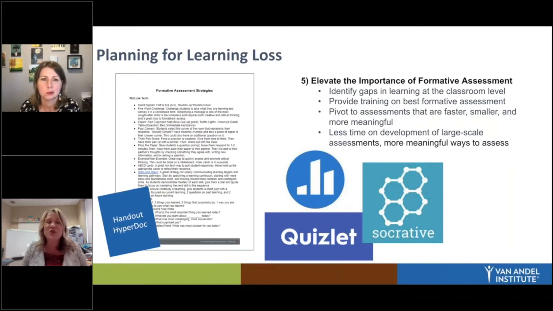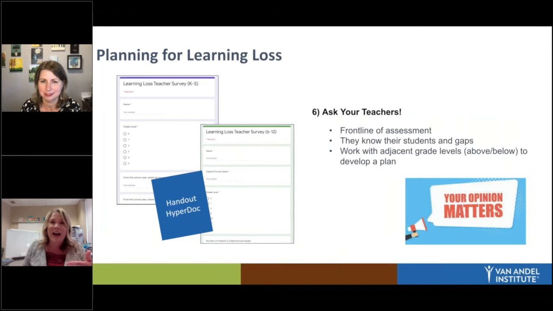Those teachers know their students. So let's learn from the teachers, but let's also help the teachers find the best ways to do that. So identify gaps in